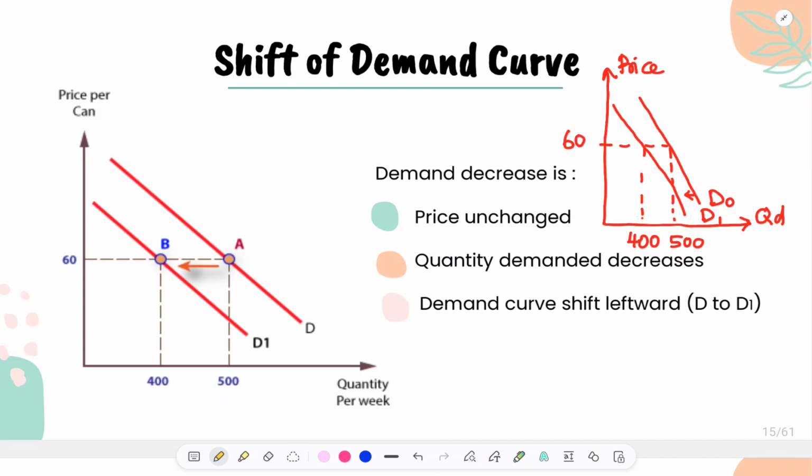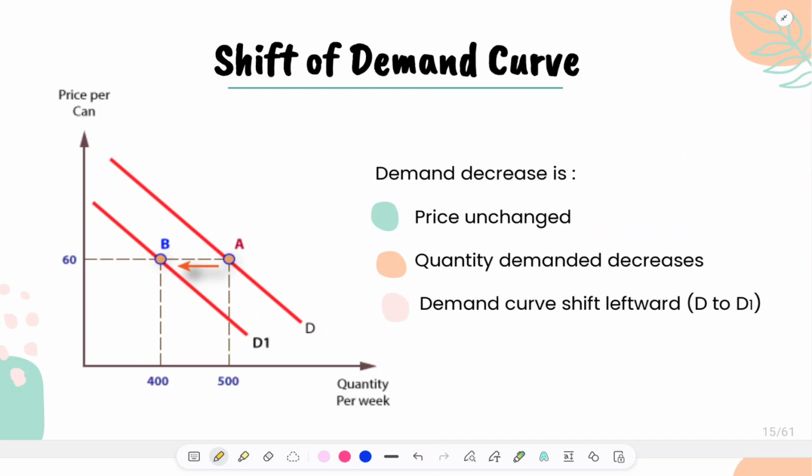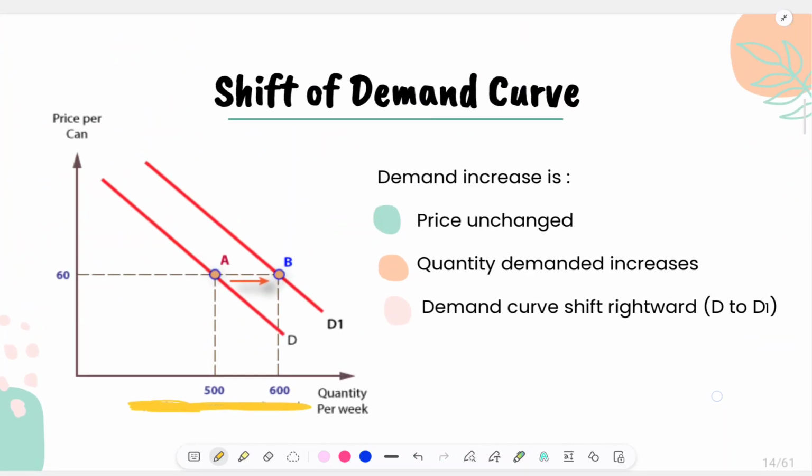curve shifts leftwards. So you need to remember that when demand decreases, even though the price is unchanged, the quantity demanded decreases. This shift has nothing to do with the price. The price stays the same. What changes is the quantity demanded, and that causes the demand curve to move either leftward or